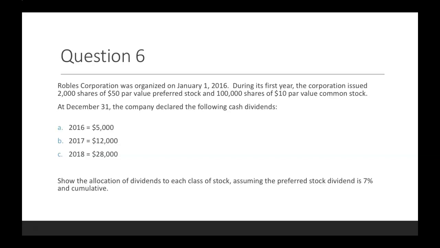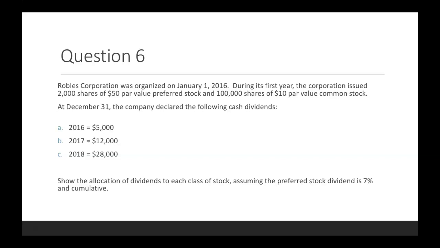So December 31st, 2016, they declared $5,000 in cash dividends. December 31st, 2017 was $12,000, and December 31st of 2018 was $28,000 of dividends. We need to show the allocation of dividends to each class of stock. So how much goes to preferred and how much goes to common, assuming that the preferred stock dividend is 7%